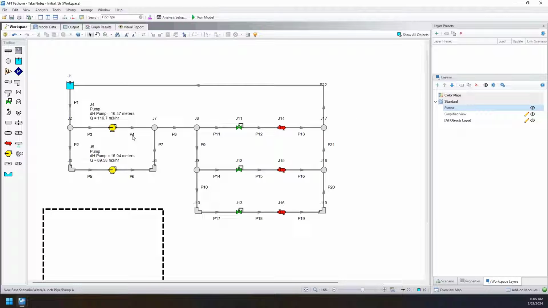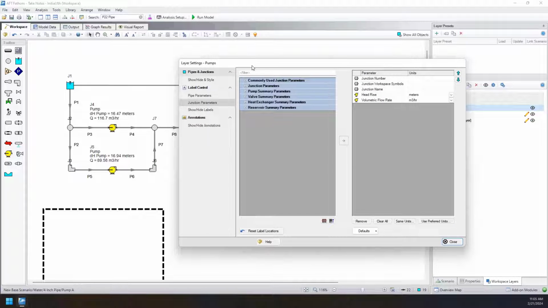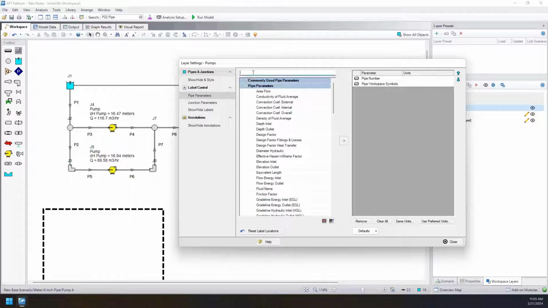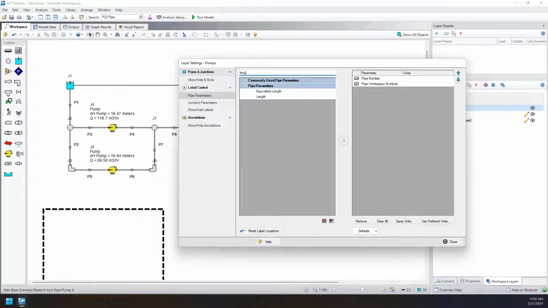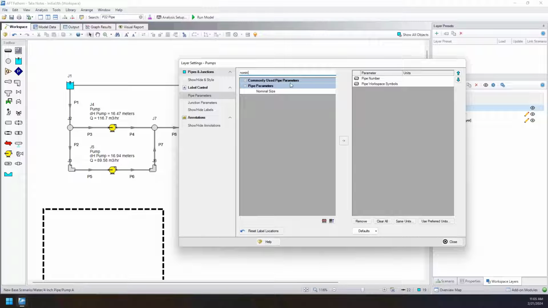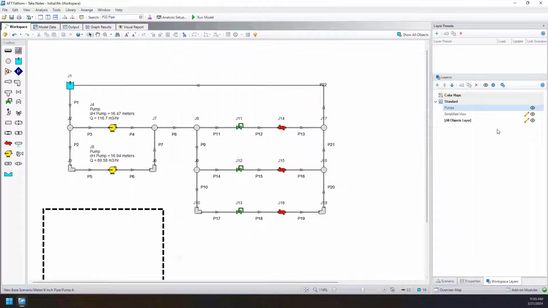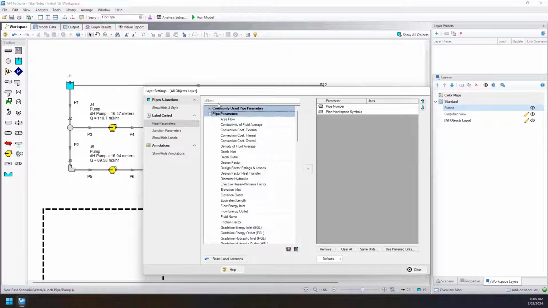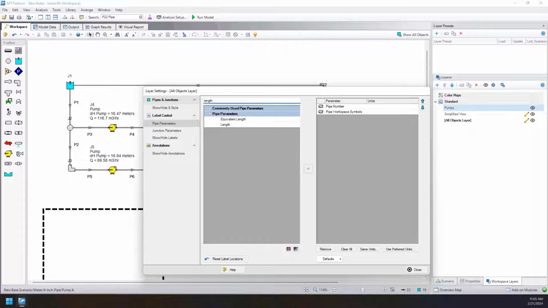So you can add all sorts of different parameters. If we take a look at the layer, you can create things like, if I'm checking my pipe input, maybe I want to show what are all of my pipe lengths, or what are all of my pipe nominal sizes. So let's go ahead and add this to the all objects layer and let's see how it looks. So I add our length. And if we add our nominal size,